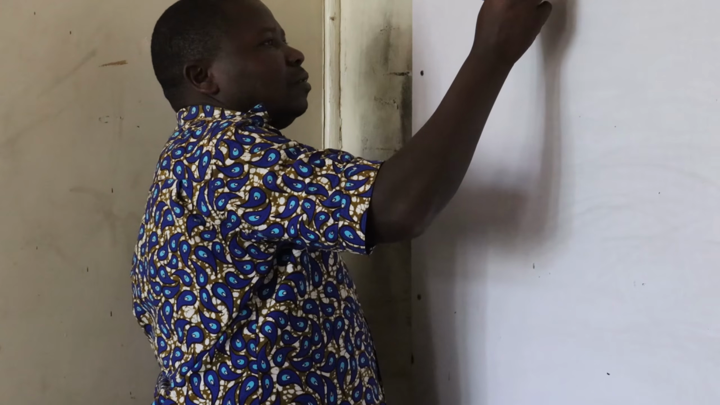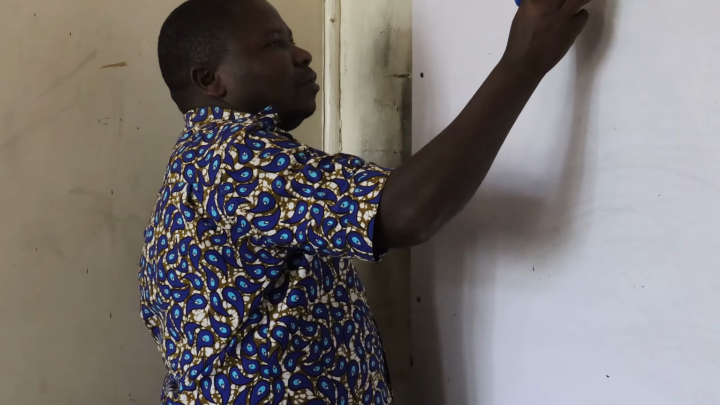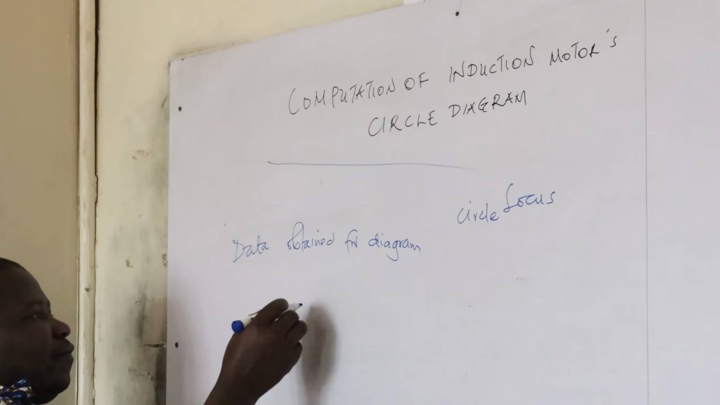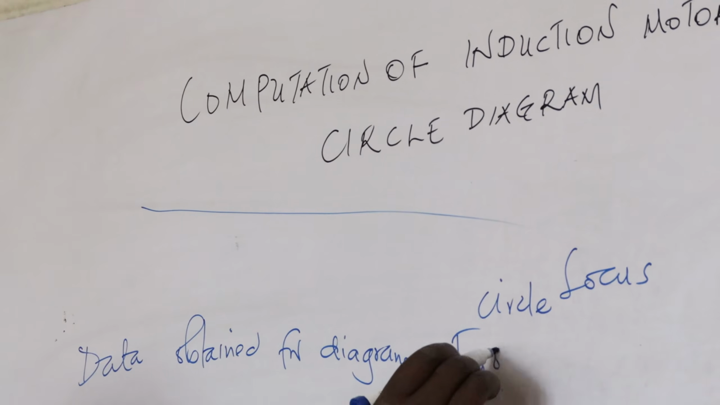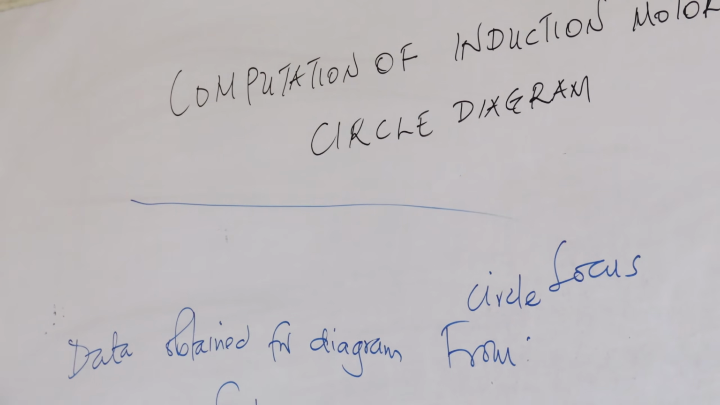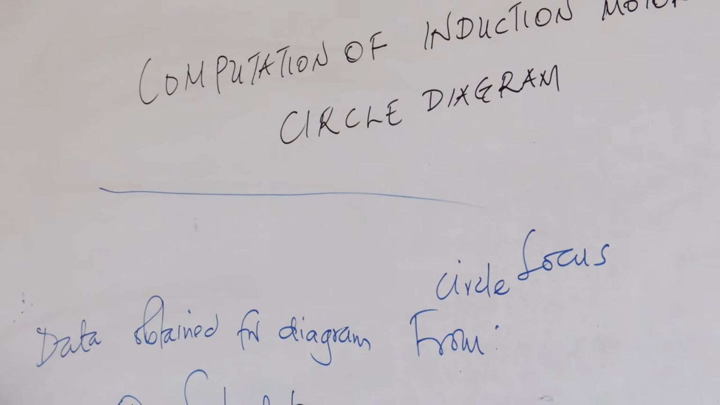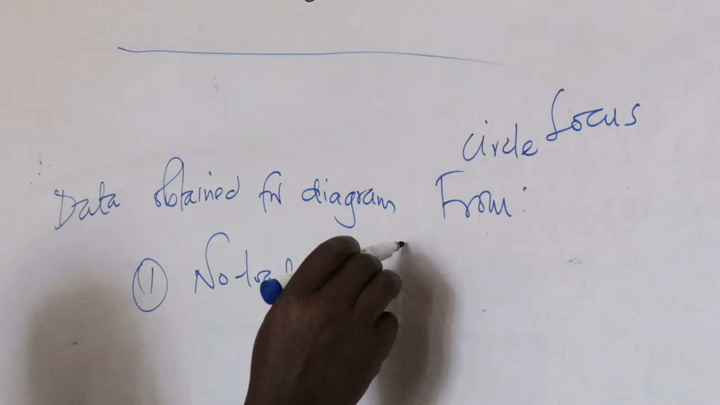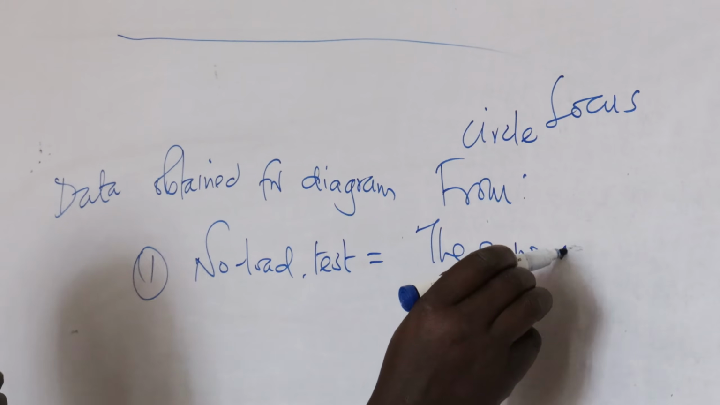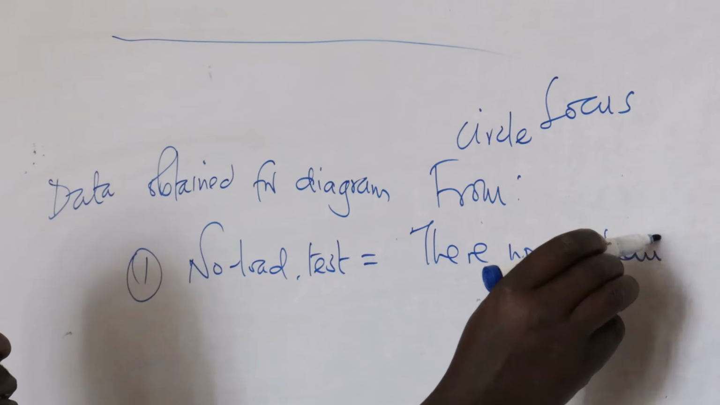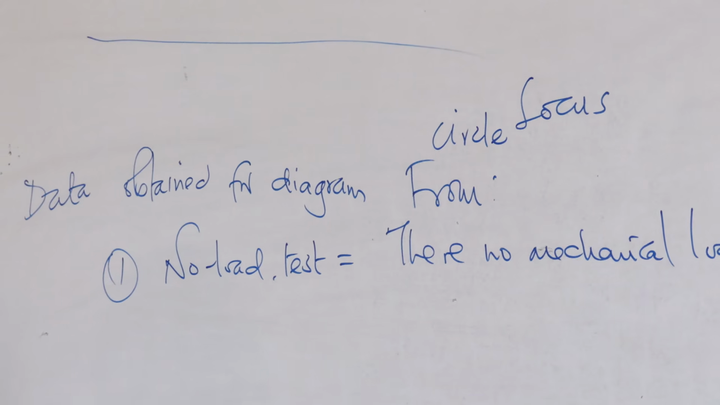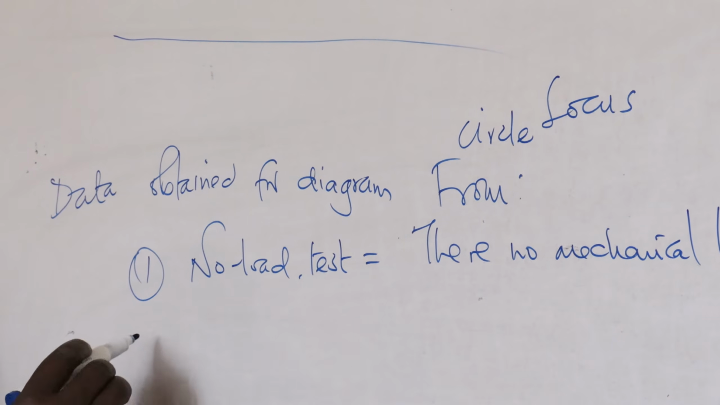Then we say that the data obtained for the diagram are from: 1, the no load test. No load test, we said this is a test that is carried out when there's no mechanical load. We are saying mechanical no load. So why do we carry it? Our main reason